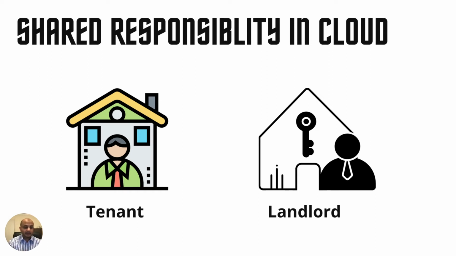But from a tenant perspective, your landlord is not going to come at night and lock your doors and windows, right? If something happens, you get robbed at night, you can't point to the landlord and say, hey man, you did not come and lock my door. He's going to say, no, that's not my job, that's your job. You have to secure your doors and windows, it's not my job. So this is basically the best analogy I can give of the shared responsibility model.